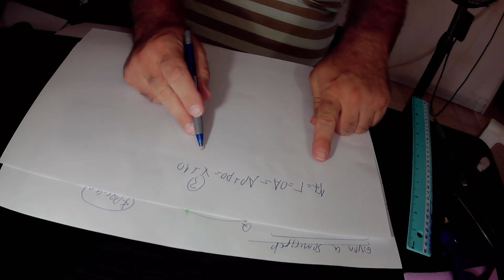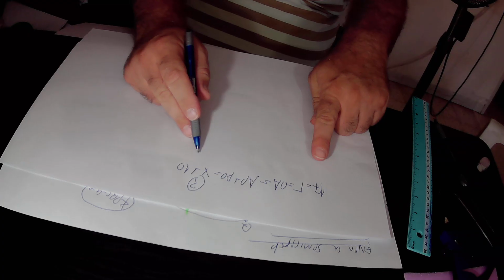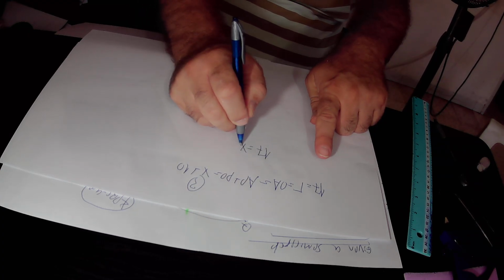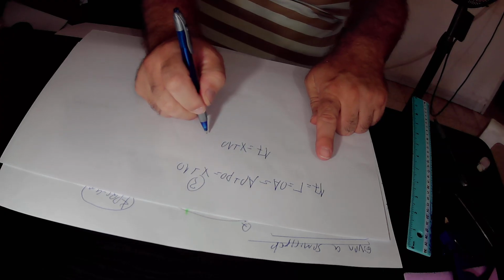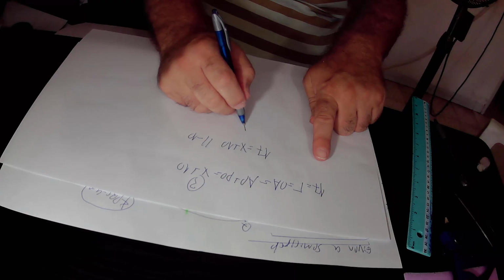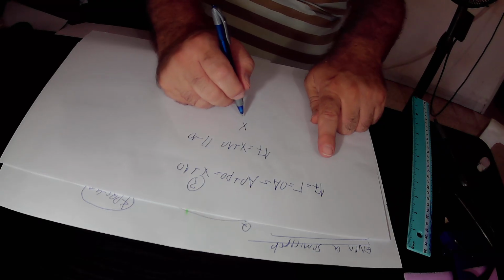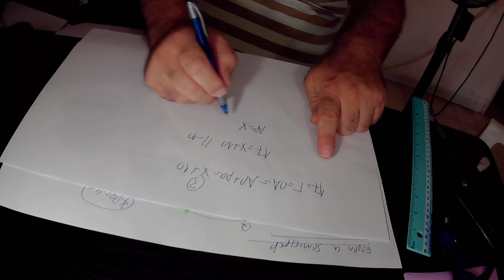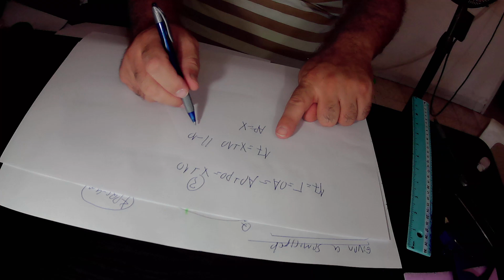From this equation, we derive that 17 equals X plus 10. Here we subtract 10, and we get X, that is the line segment AP that we are looking for, equal to 17 minus 10, that is 7